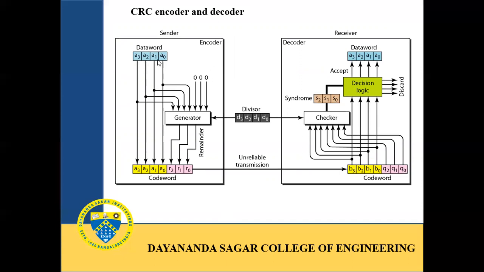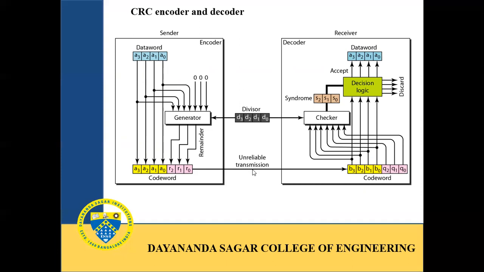The input data is shifted to the left-hand side and there are 3 more zeros added. So we are adding more bits and increasing the size of the input data, which is then divided by the generator polynomial. And we get the remainder, that is R0, R1, R2. This remainder is nothing but the checksum, which is attached to the input data. Now this whole thing becomes a message or the frame that is transmitted in the data link layer.